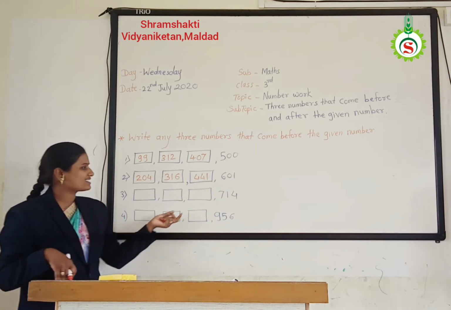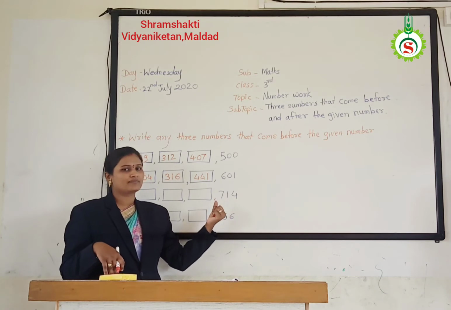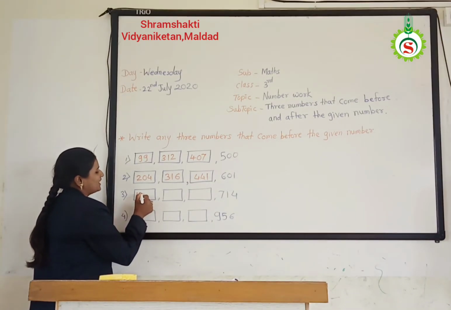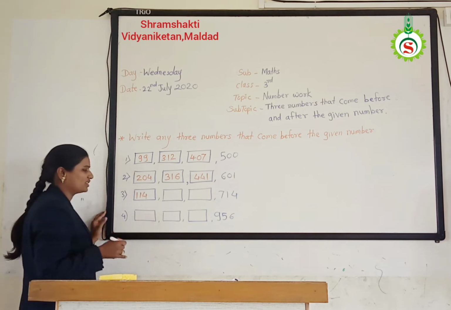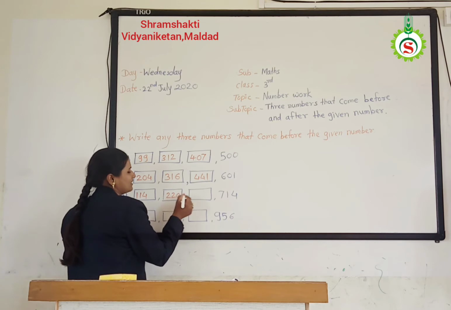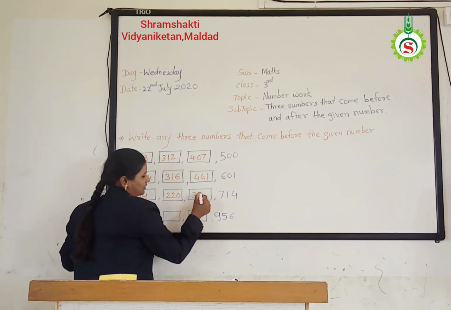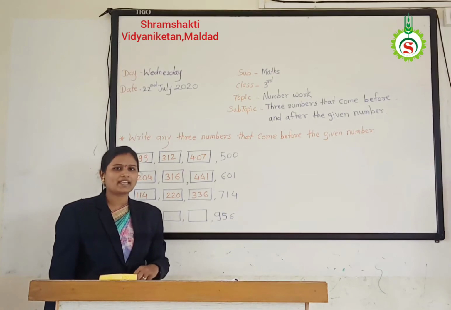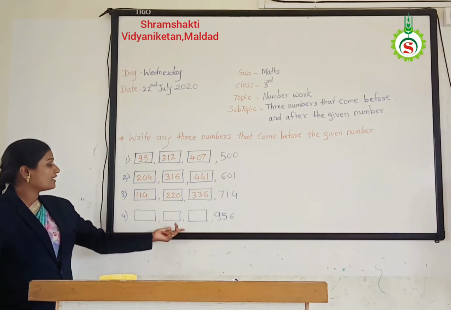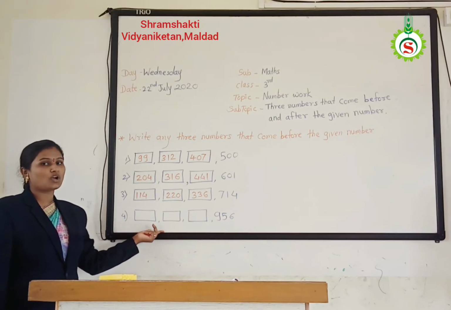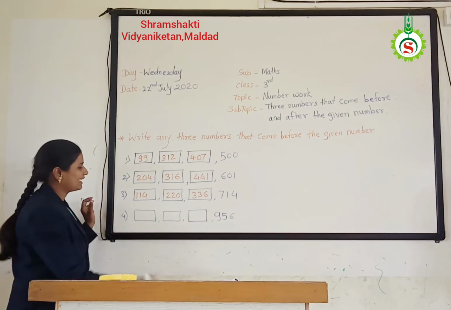Then see next example, 740. Okay, I write 140, 114, then 220, 336, then 956. Okay, we take any three numbers, but what is before the number? Write down